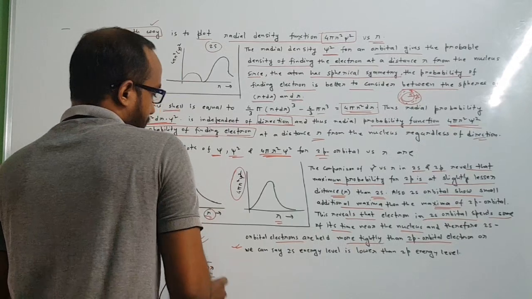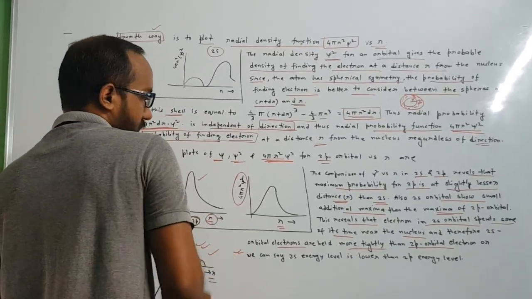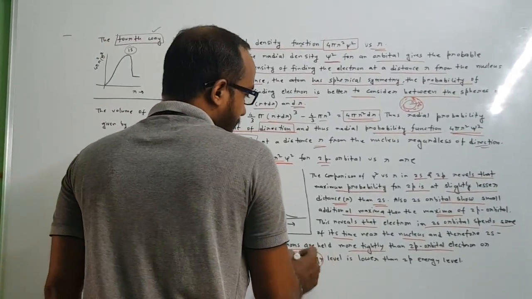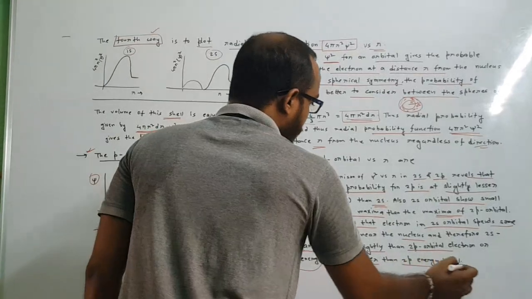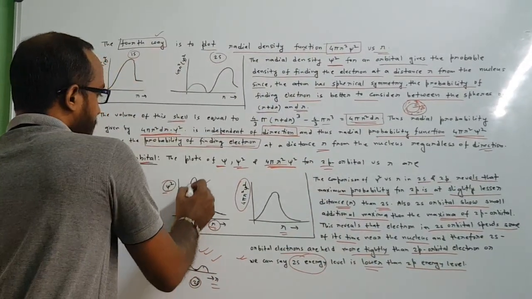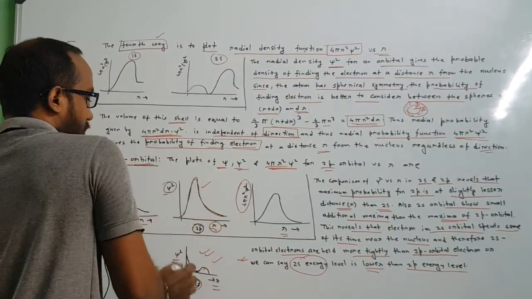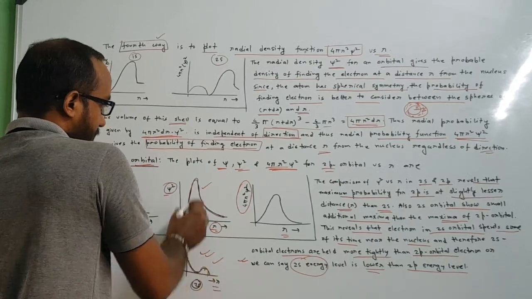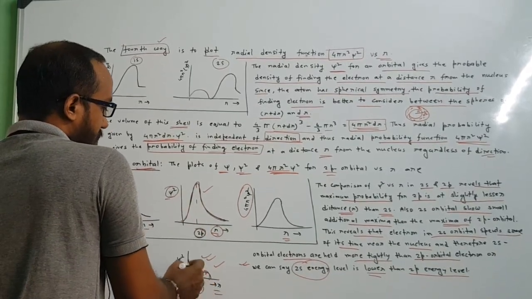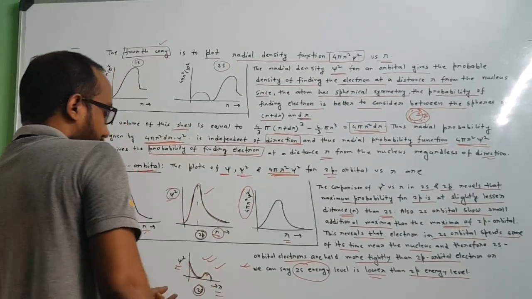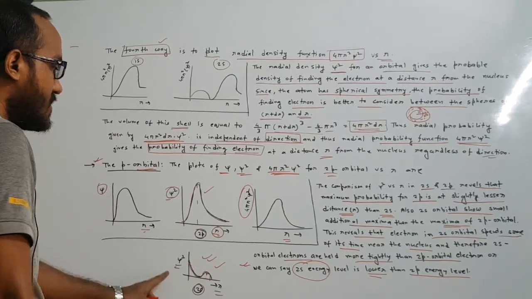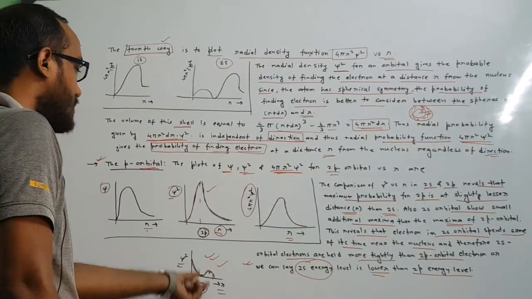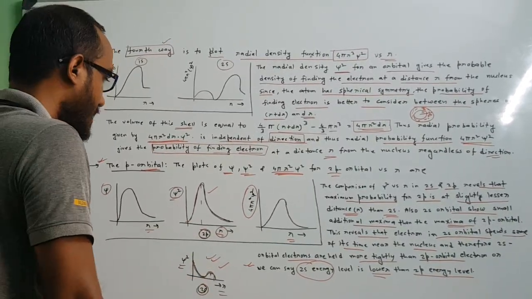Finally, we can conclude from this curve and this curve that the 2s energy level is lower than the 2p energy level. You can clearly see that this curve goes more upward than this curve, that is, the maxima is highest here and lower here. So from this curve we can conclude that an electron spends more time in the 2s orbital than in the 2p orbital, that is, the electron